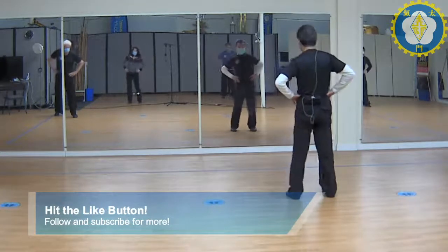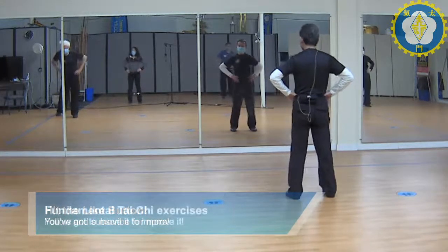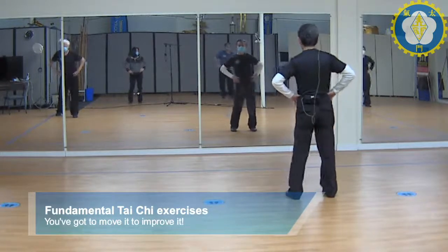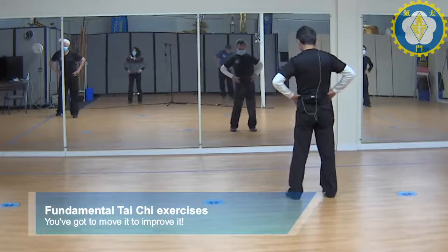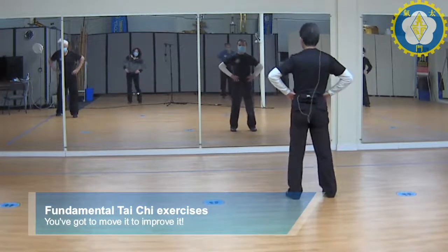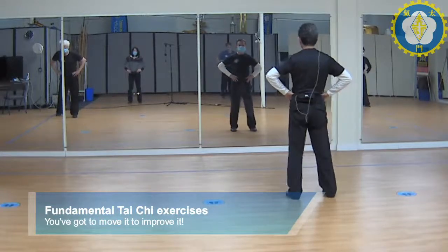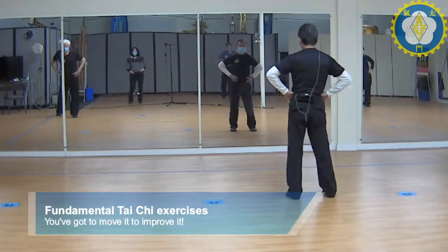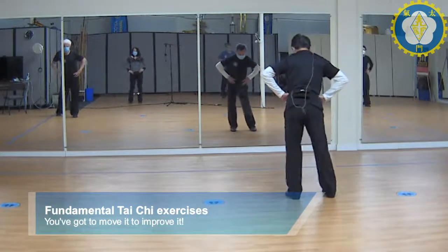1, 2, 3, 4, 5, 6, 7, 8, 9, 10, 1, 2. Reverse. 1,